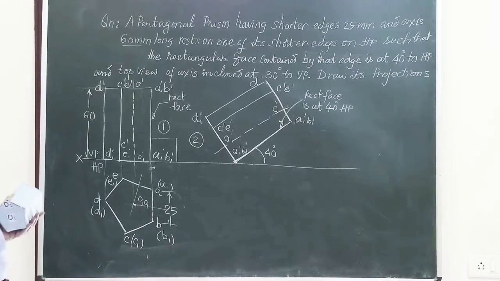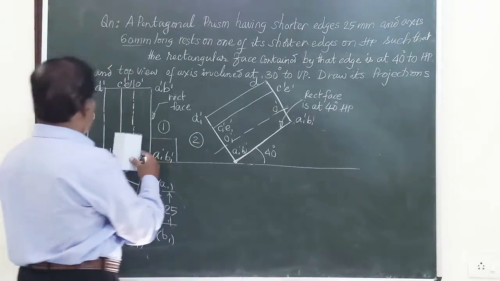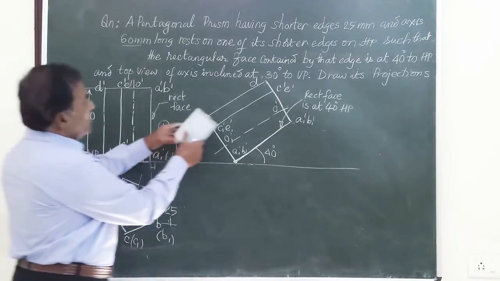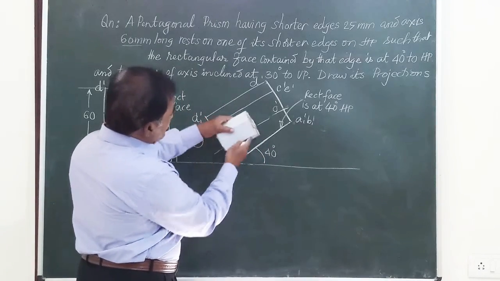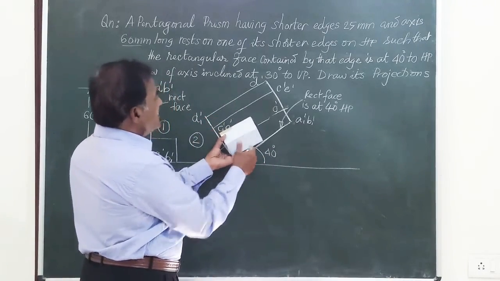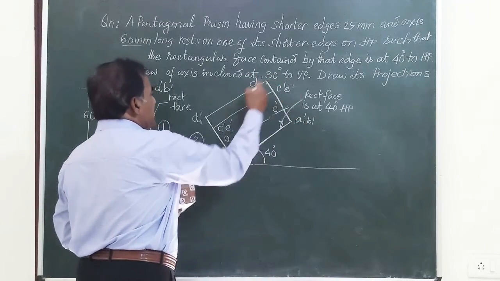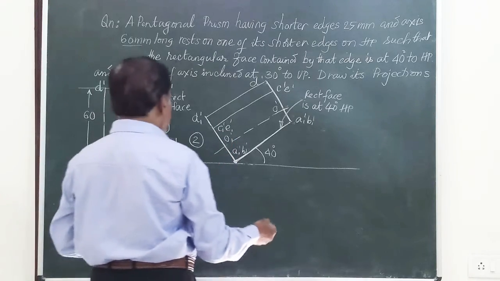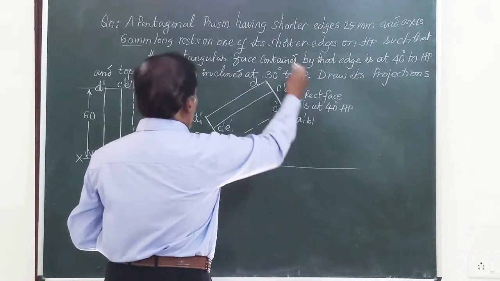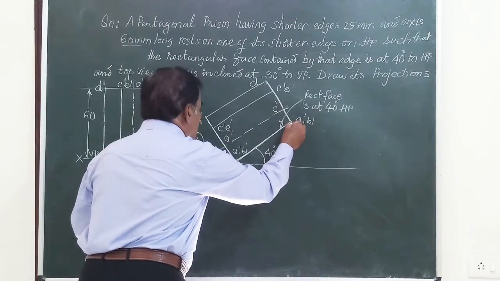Now I am going to get the corresponding top view. Friends, I will show you here. The object which was resting like this is now resting like this, where the rectangular surface is making an angle. So in the top view, you are going to get the total top face and this last edge. So let me start with the points A, B, etc. and get the top view of the top face of the solid. So I will just commence from AB.